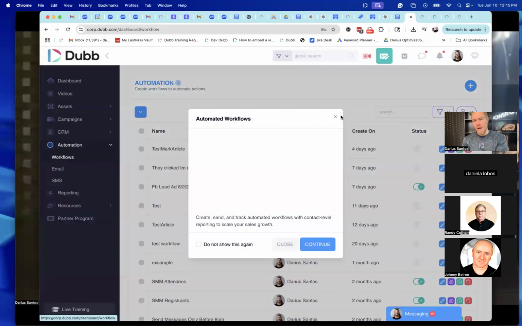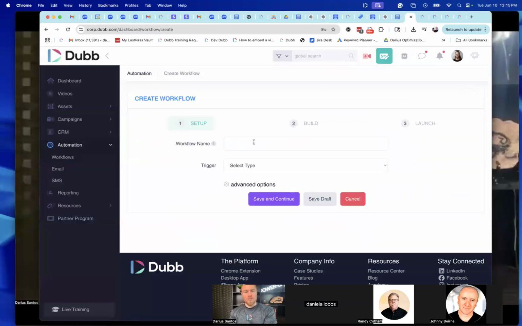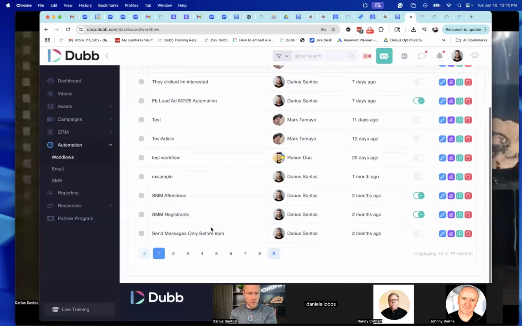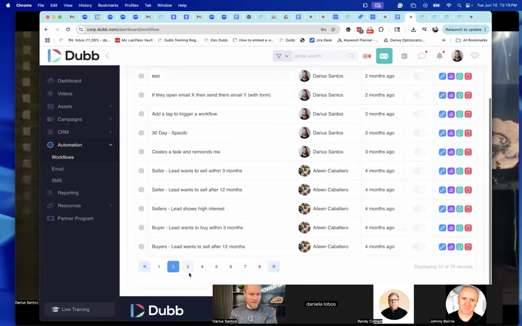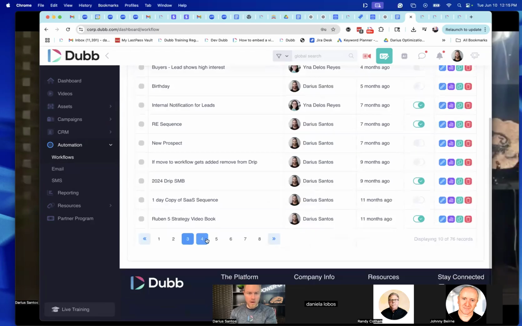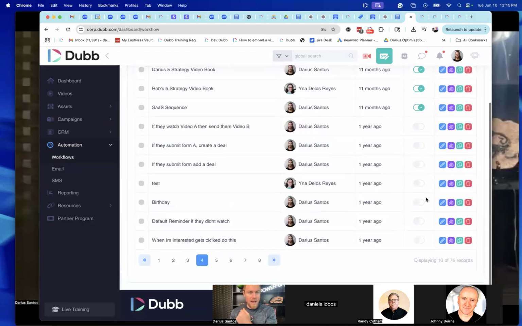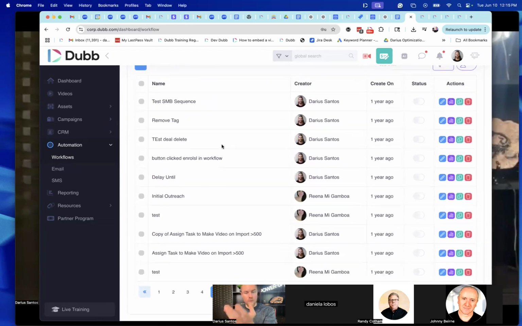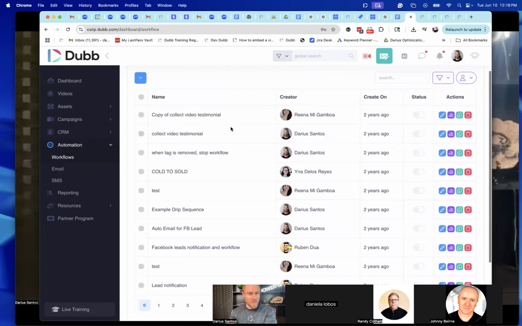But this is also why we built a completely automated workflow for this. So we could put someone into a workflow. Let me just pull up a different one. I think I have an example of this exact one already. So you put someone into an automation, and it will automatically keep reminding them to say, hey, we wanted to make sure you get entered for this chance to win your XYZ incentive.